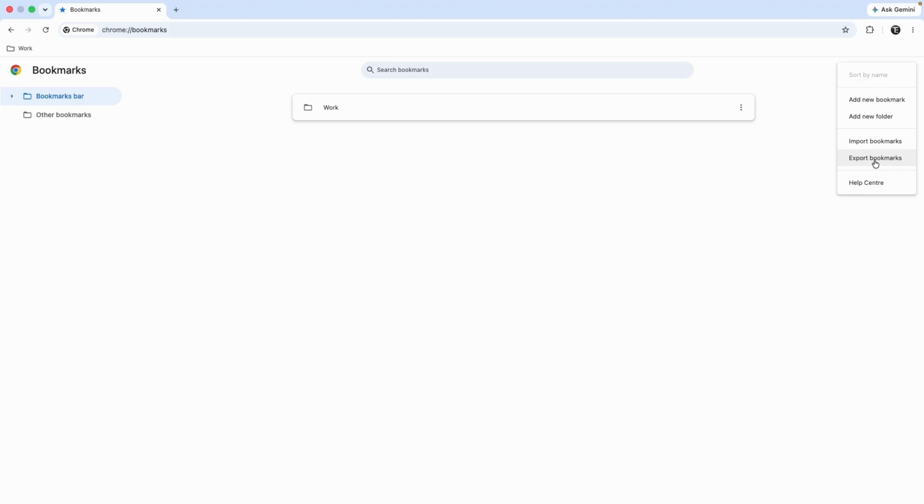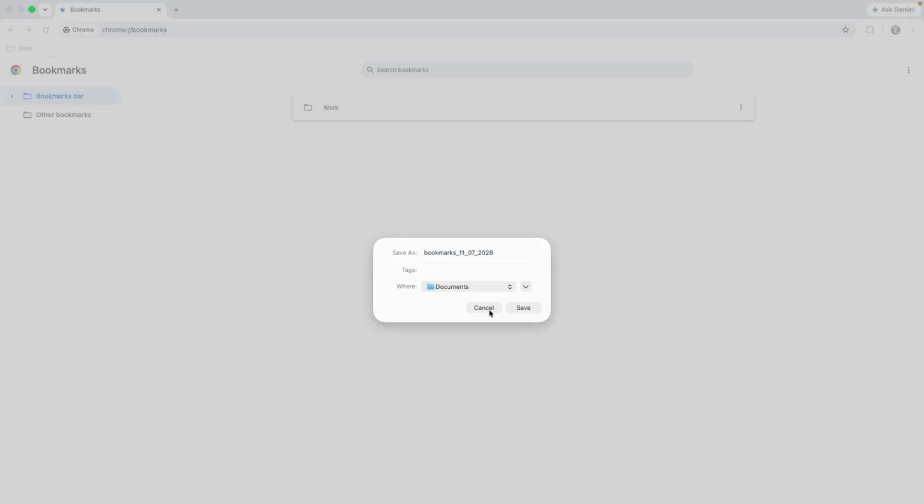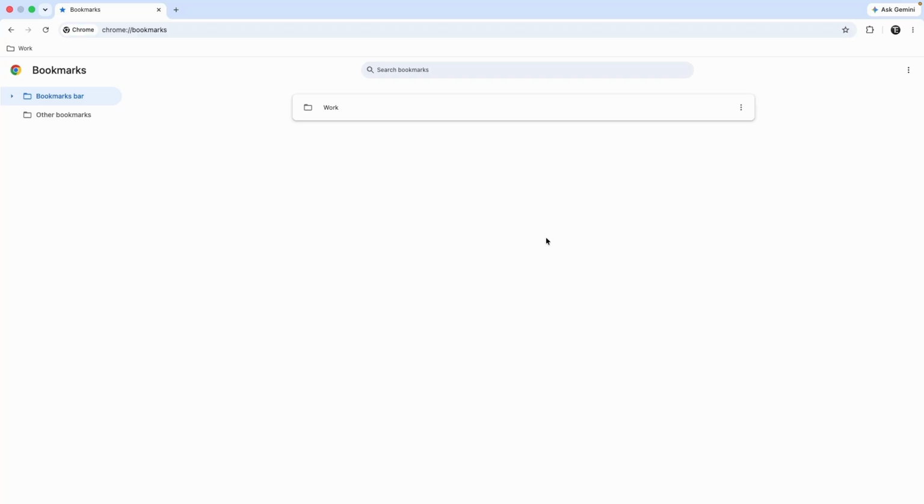Then all I have to do is export it from here, just save it somewhere. And after that, go to the new profile and then import it the exact same way. So this covers